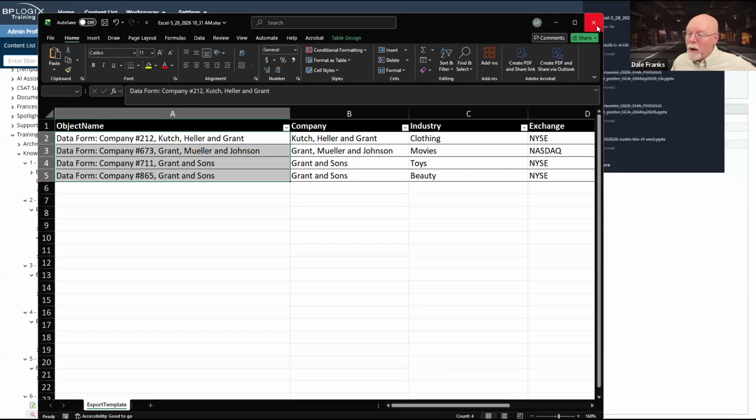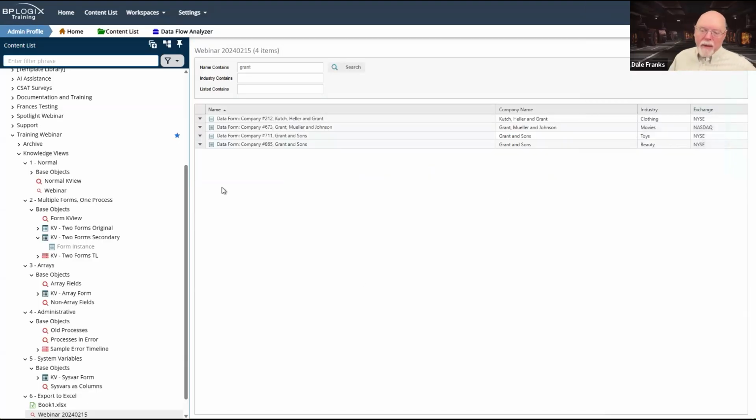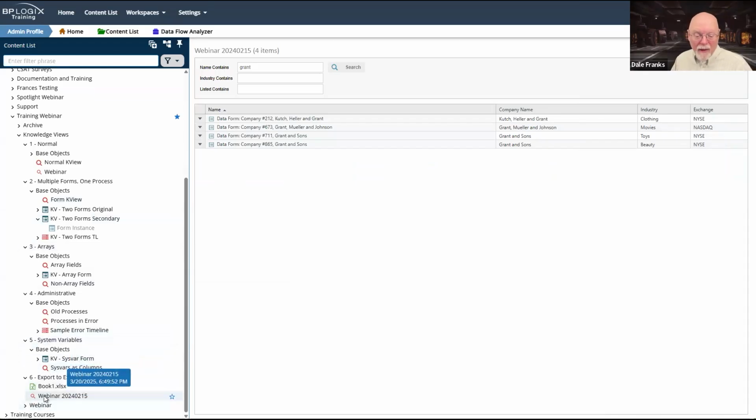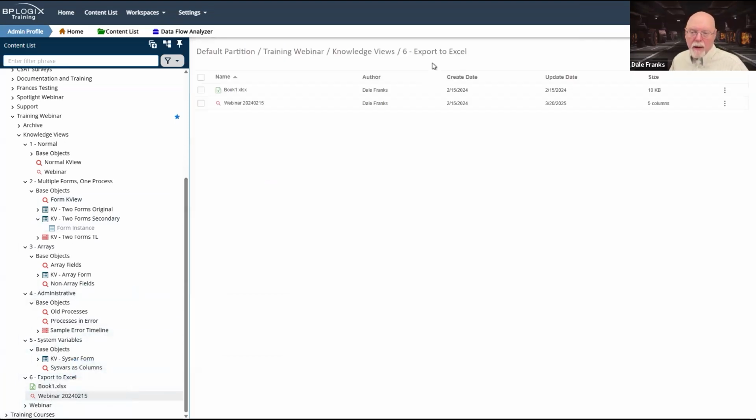Now, for the most part, if I was going to export to CSV, it wouldn't matter all of that much. In fact, let me copy this knowledge view and we'll change her up a little bit.